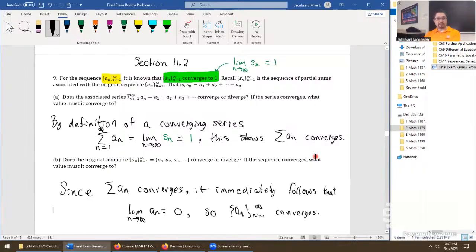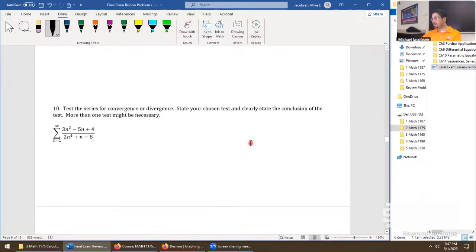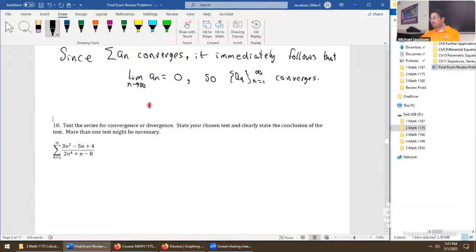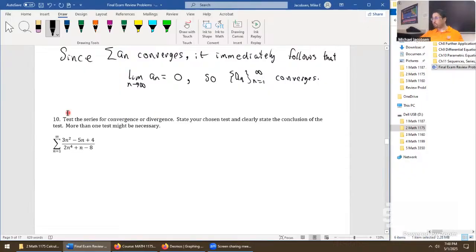Okay, so aside from this concept question right here, let's take a look at what other series and sequences we can get into. Well, this one's definitely a series, and you want to test this for convergence, divergence. It's just a mess. Definitely, I wouldn't use the integral test on this thing. It looks like it's a nightmare. I think a good test for this, well, not test for divergence because of the relationship between numerator and denominator. The limit on this thing is 0, unhelpful for us. We cannot reverse the logic here. If the limit is 0, and that's what we start with, we can't reverse back and say converges up here.